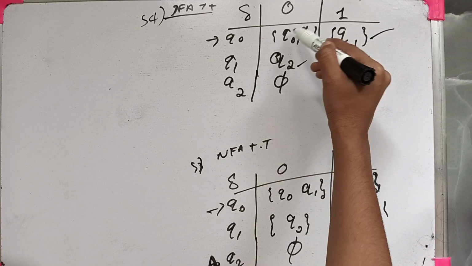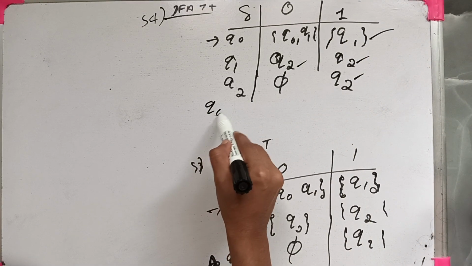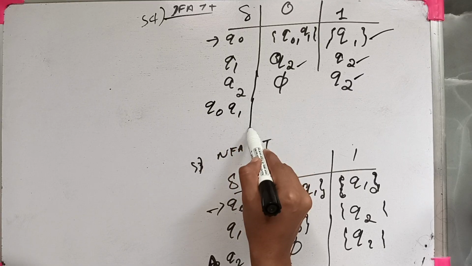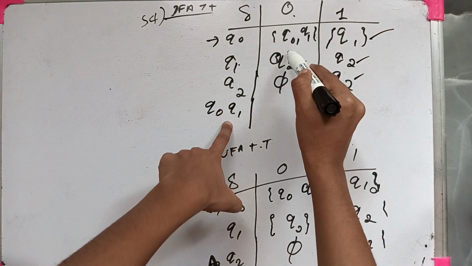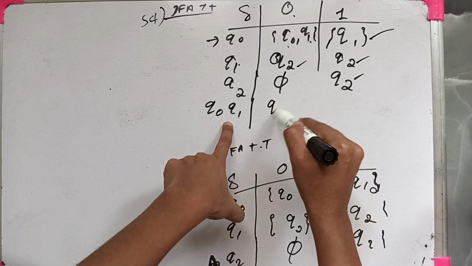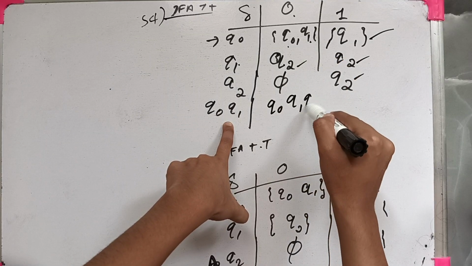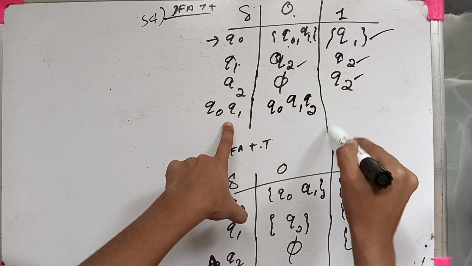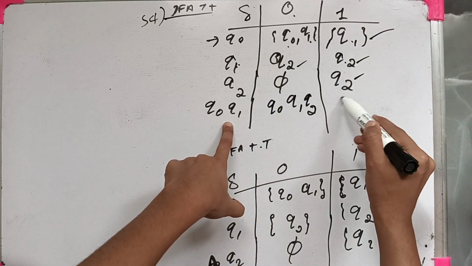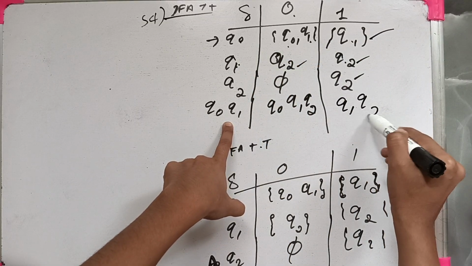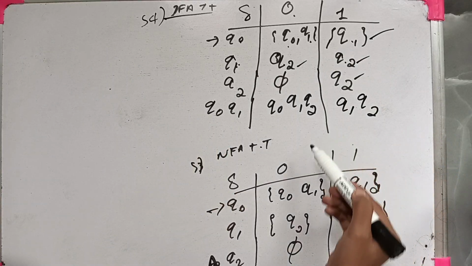This is the remaining, right? So write Q0, Q1. Okay. For Q0, Q1, if 0 comes, we write Q0, Q1, Q2. Next, what if 1 comes for Q0 and Q1? That is Q1 and Q2. So in the next step,